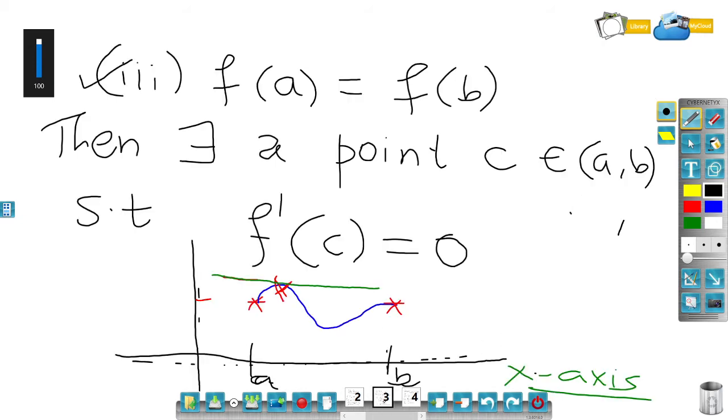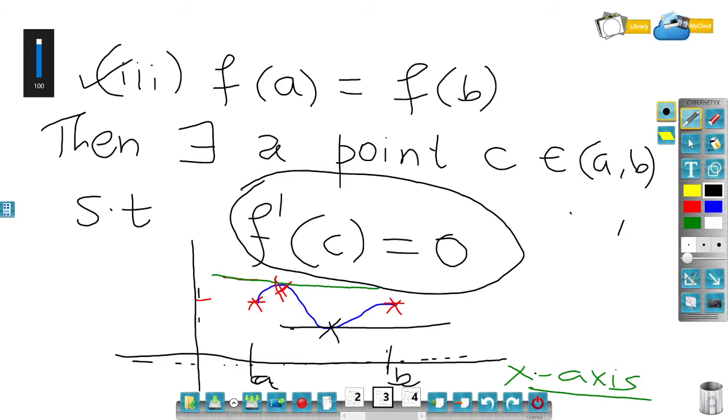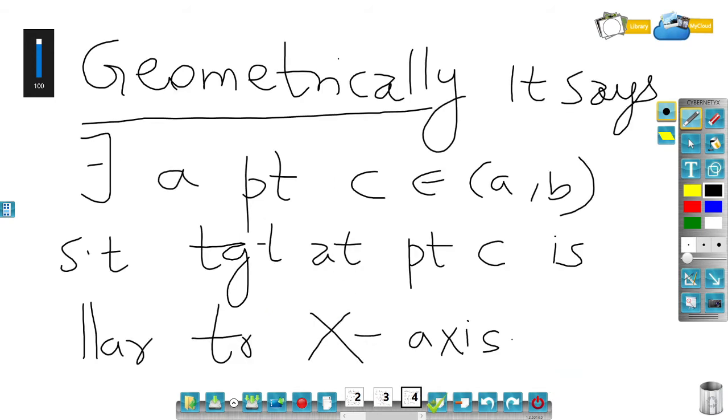In this case, this point is also okay. So you can even see if you draw a tangent at that point, then again that tangent is parallel to your x-axis. Well, this is the geometrical interpretation. Rolle's theorem also gives you a root of f', the derivative of a differentiable function. It gives a root of f'. This is also very important. So let's have a few examples. We will go with the application.